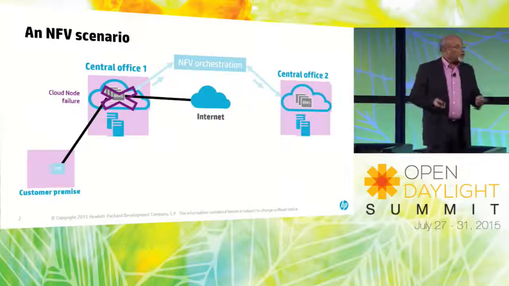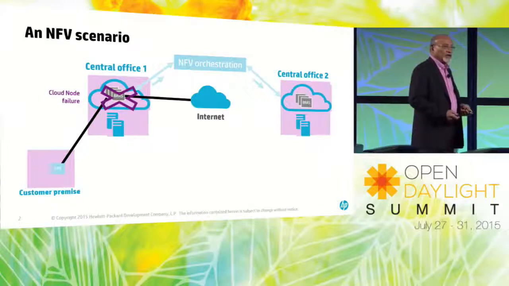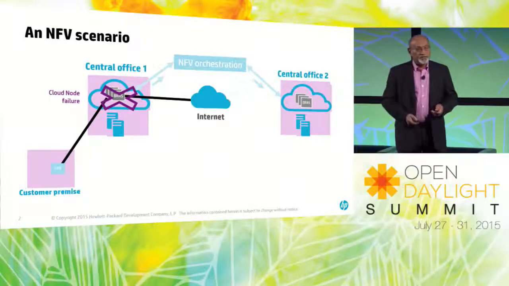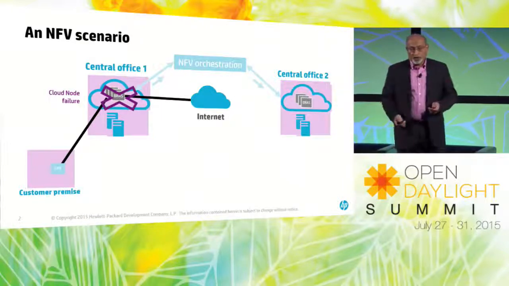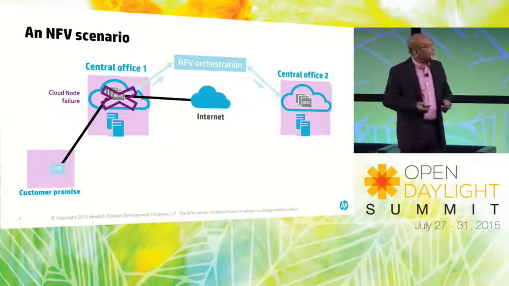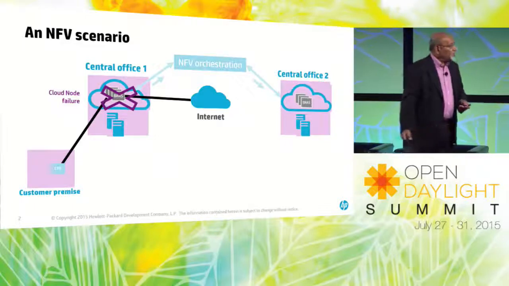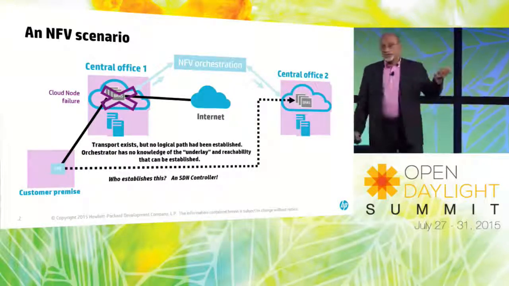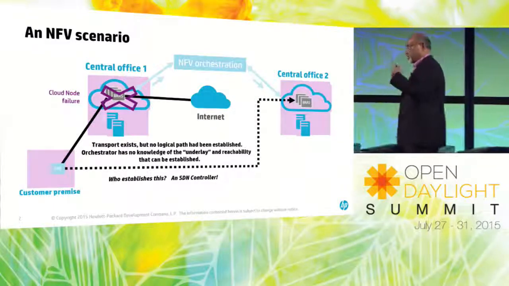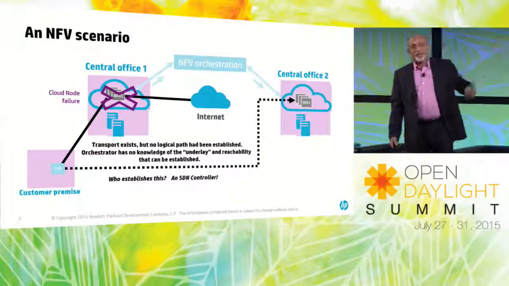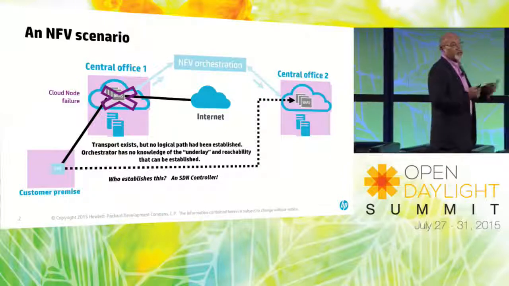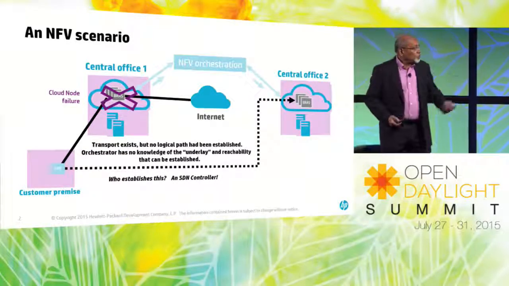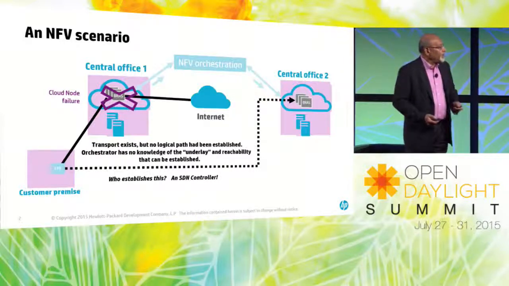So great, the orchestration system can understand what's going on, see that it has resources in another central office, and turn on the BRAS services there. The question is, how do you know that there's reachability from the customers who are accessing that device to that other central office? The orchestrator has no knowledge of the underlay. So somebody needs to do this.